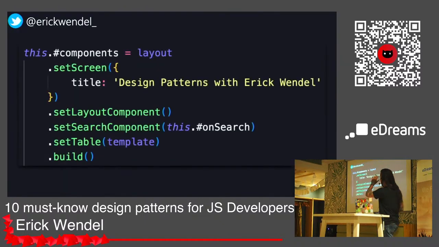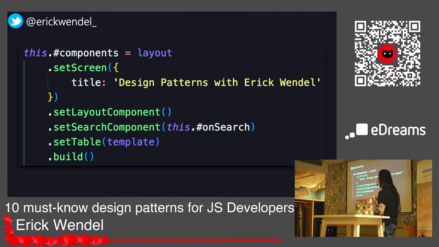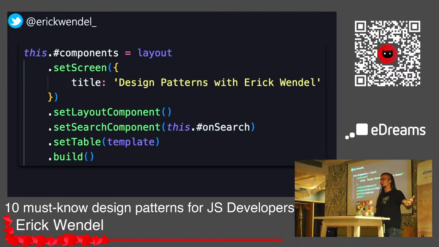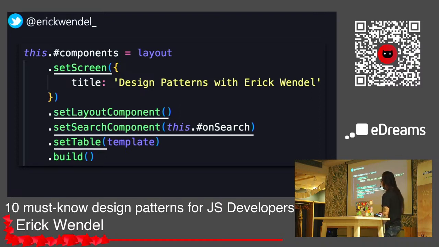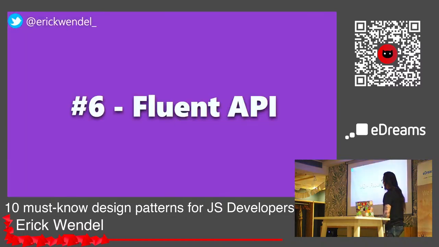But then I can see this working fine. So when I see this code, I know what it's doing there. I know the whole step by step. So I have set screen with the title, the layout. So I build first the square and then the search component and so on and so forth. So this is pretty amazing when you have complex objects, right? You have to do a bunch of steps you can break into different function calls. And set screen. Forgot the animation, right? And build. Nice. So yeah, Fluent API.